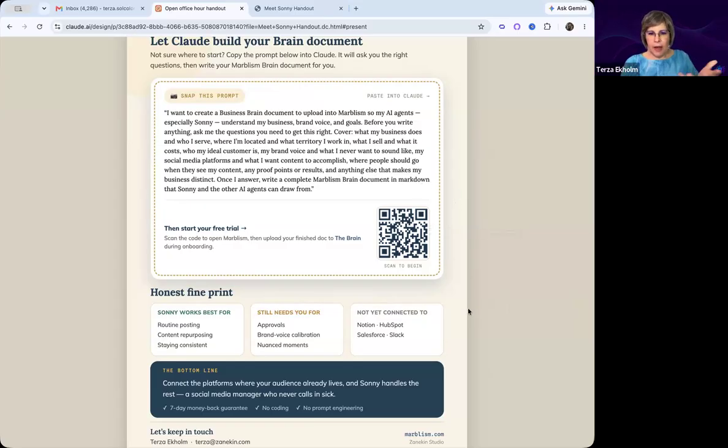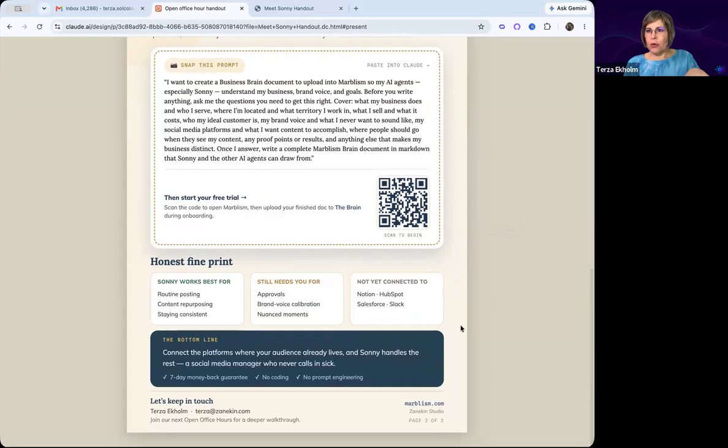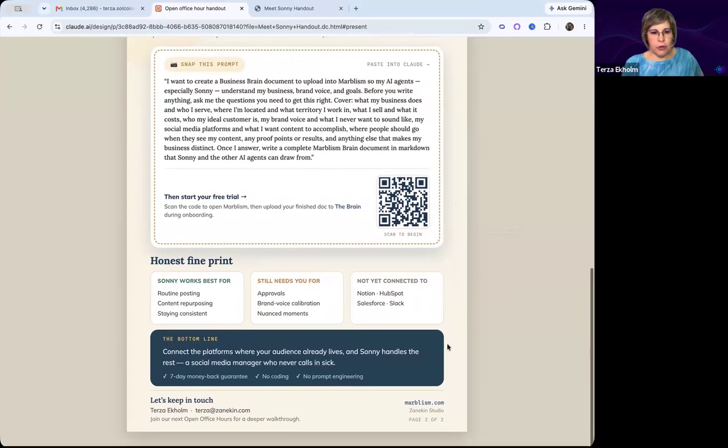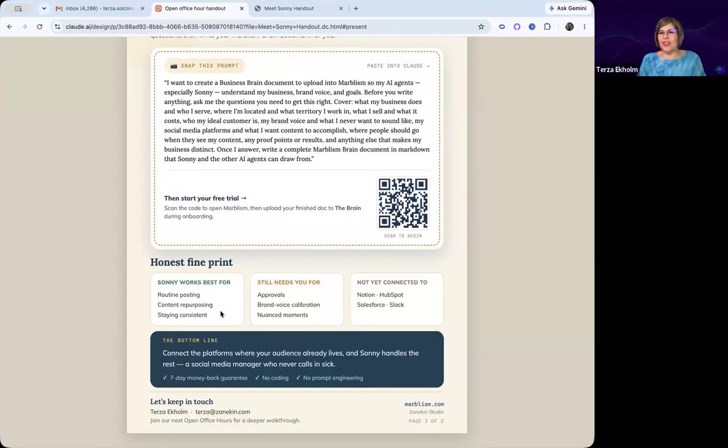And then I asked it to create a QR code, so if you don't have Marblism, you can get started for free using the QR code. And here's Claude also put in for me the honest fine print. Sonny works better for routine posting, content repurposing, and staying consistent.